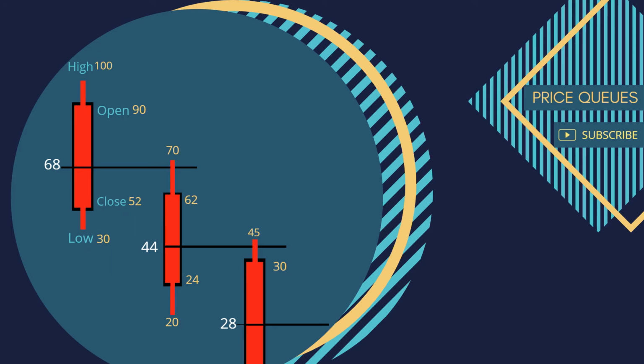The same thing happens for the third candle. As you can see, the second candle's mean is at 44 and the third candle made a high of 45, which is just 1 point above the mean of the second candle. And after making the high of 45, it started falling even below. I hope you're understanding the concept.